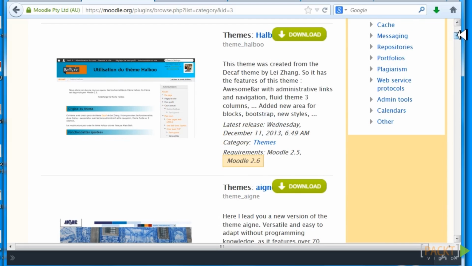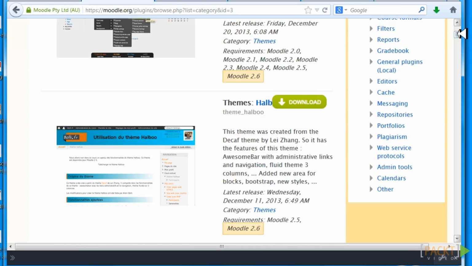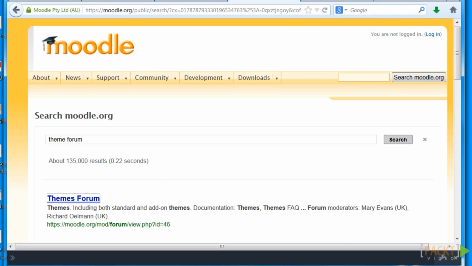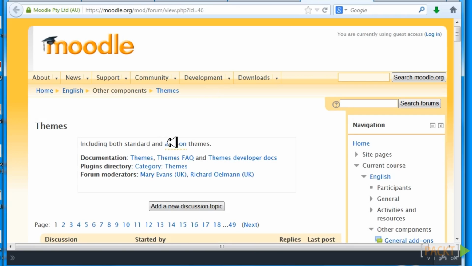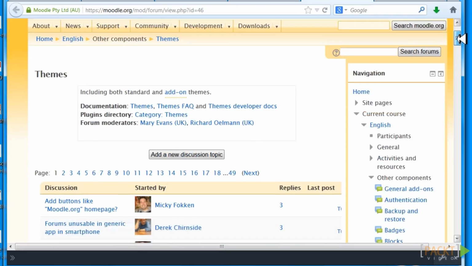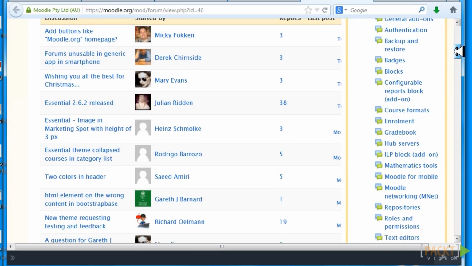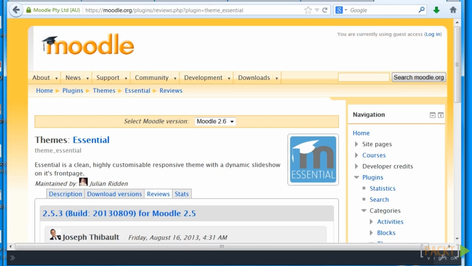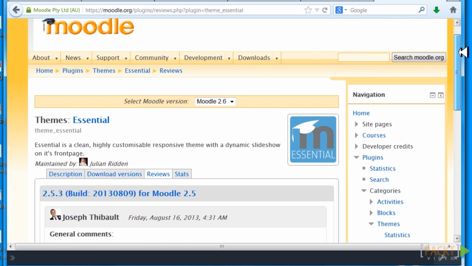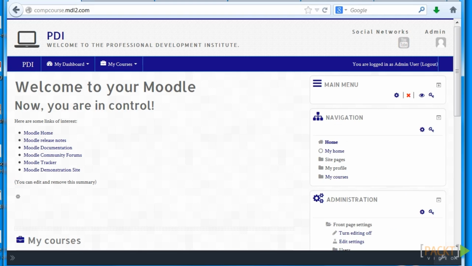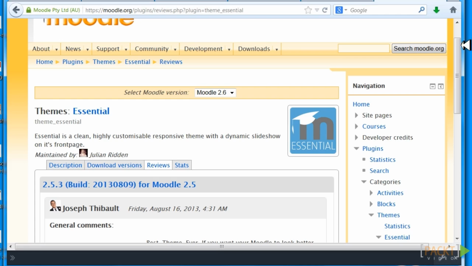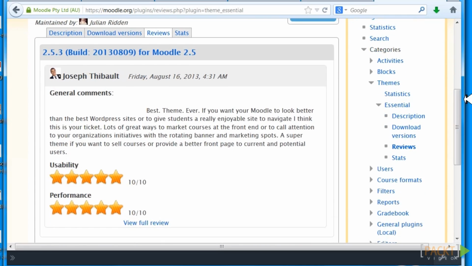So in fact, you can go to Moodle and find different reviews of themes. For example, you can go to the theme forum and find out what people have said about different themes. And you can also go to plugins in the plugin directory and look there. So for example, here, this is using the Essential theme. What have people said about Essential theme? Well, we can see. We talk about theme families,